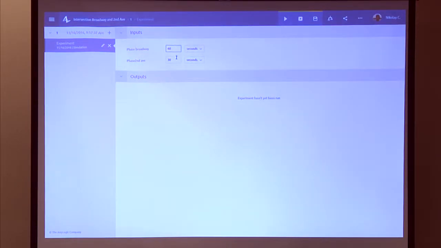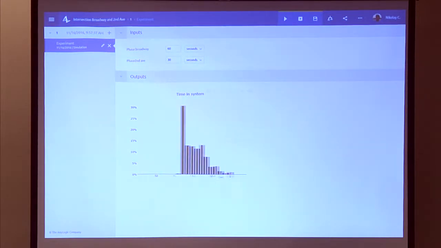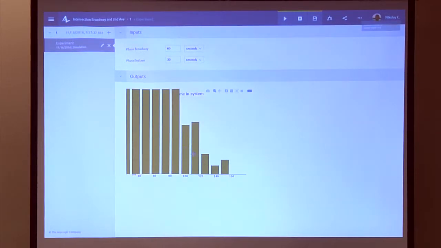We can change inputs here, for example, phase of Broadway traffic light, and probably 1 minute. You can see this time in system histogram became better. All these charts are observable. You can look into them,